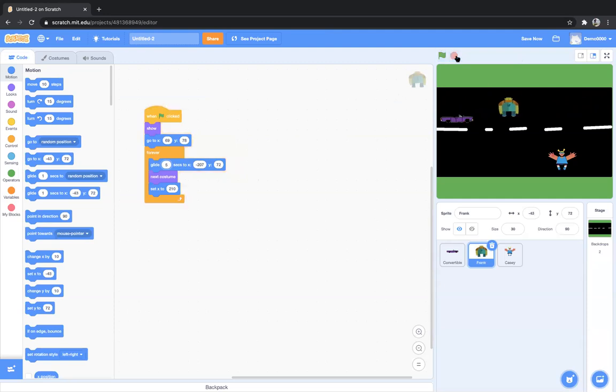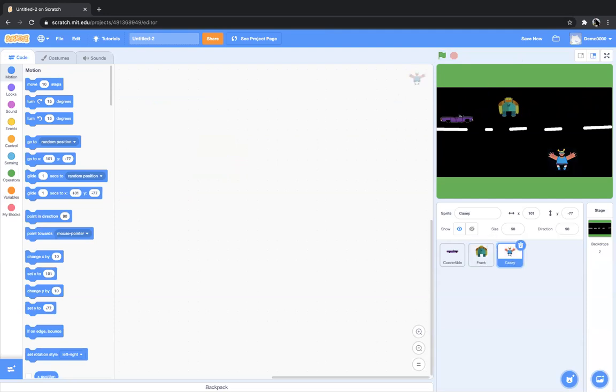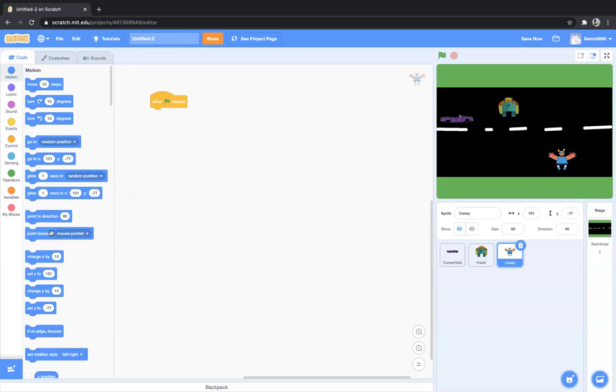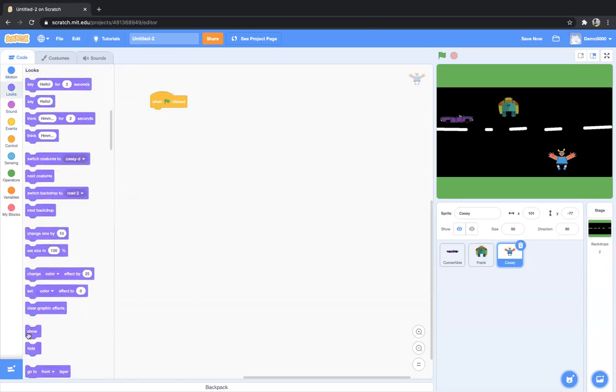Now we'll do the same thing for Casey. So I'll click on Casey here. To do the same thing for Casey, I'll go to events. When green flag is clicked, then I'll go to looks and use the show block and place it here.